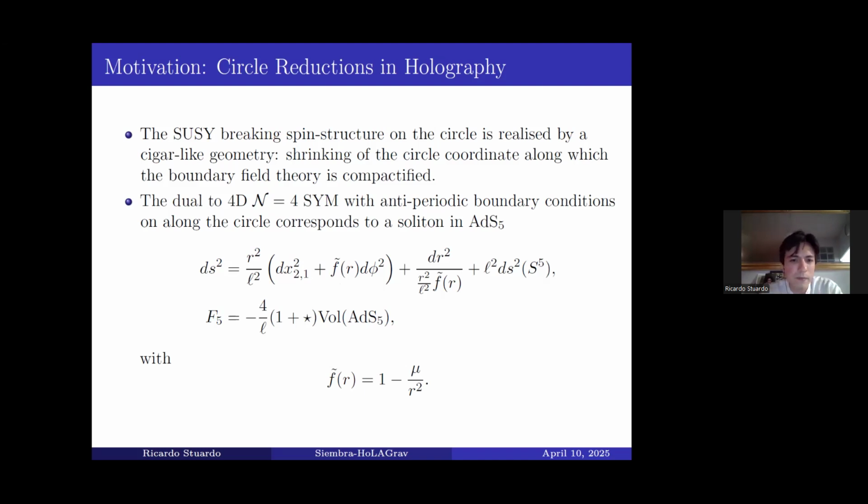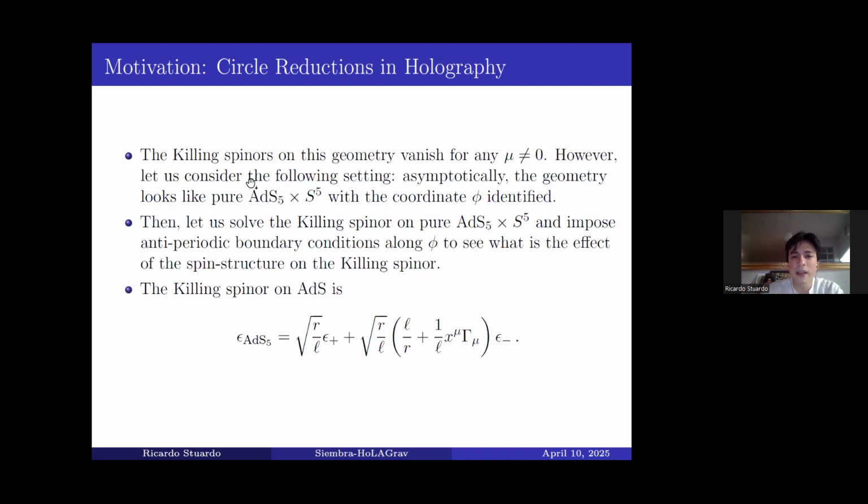The point is that in order to study supersymmetry on the gravity side, you need to look at the Killing spinors. For this, you have to solve a spinorial equation that I will mention how you get later. But in general, for this geometry that I showed before, for mu different from 0, this equation has no solutions. But let us do something interesting